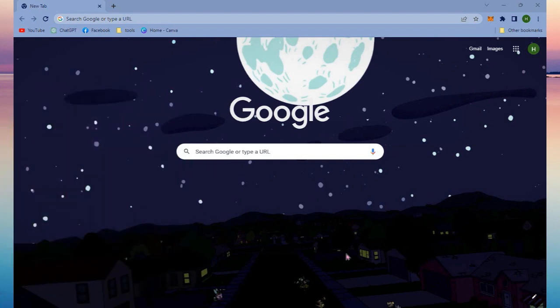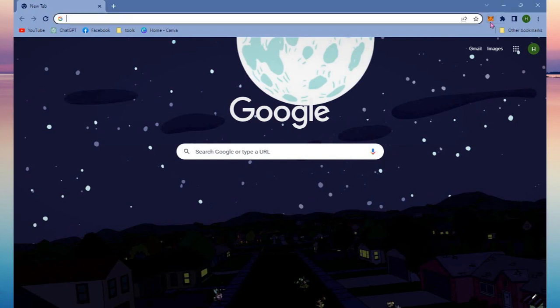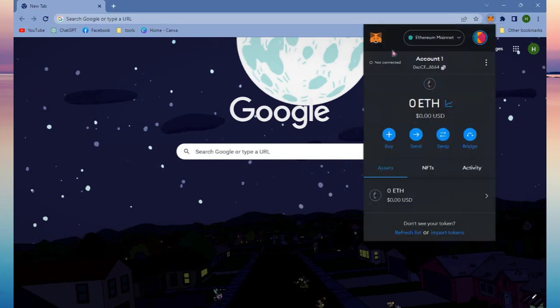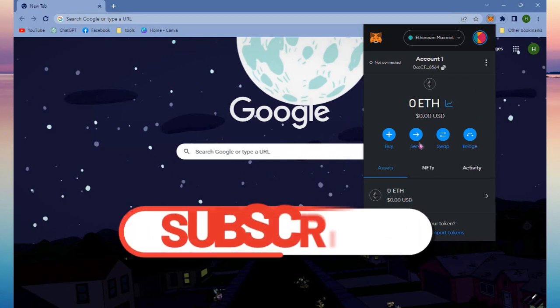So the first thing you need to do is open your browser and then make sure that you have the Metamask extension on your browser. You can just download it by searching Metamask and download as extension. So first you need to make sure that you added the network that you will be using. And as you can see here, when you click send to, you need an address for you to withdraw your